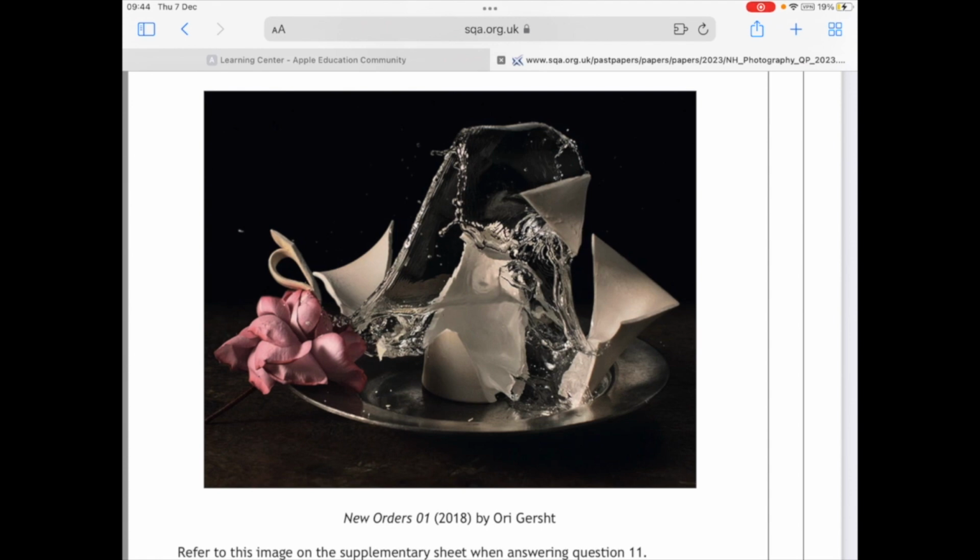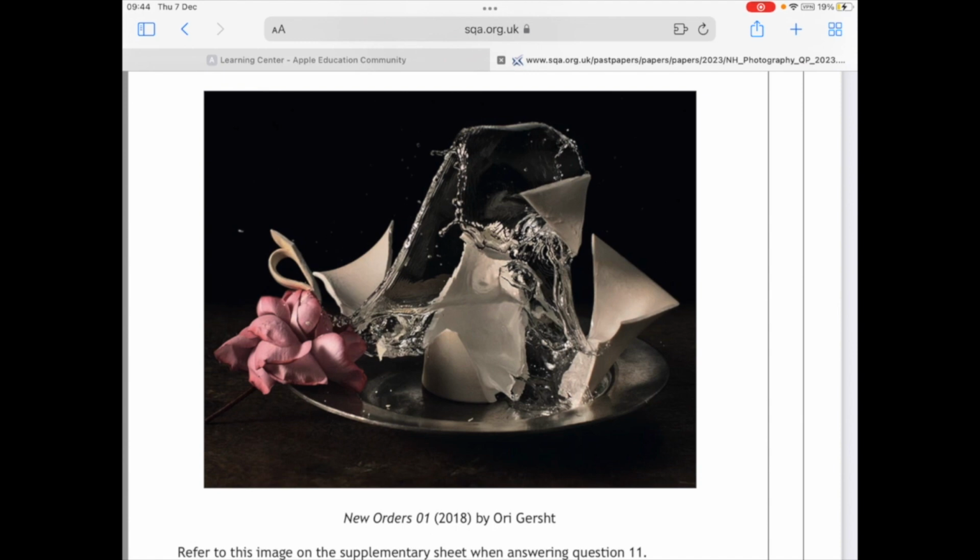The next one that we've got is ISO. All right, so you could talk about ISO within this image. Obviously, you could write about aperture. I think this one's actually quite difficult to write about aperture for, because there's not much of a background. So in terms of the depth of field, that's a tricky one. So sometimes think to yourself, what's the easiest camera function I can refer to here to help me get the